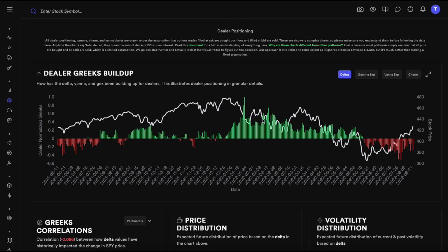So now we have established that the dealer does need to hedge dynamically. Now what happens when these contracts are about to expire? That's a very interesting part, because let's say a dealer had bought a lot of shares because retail was buying many calls, and they were short calls, which meant they had to buy many shares. I'm talking about dealers. Now when those contracts are going to expire,